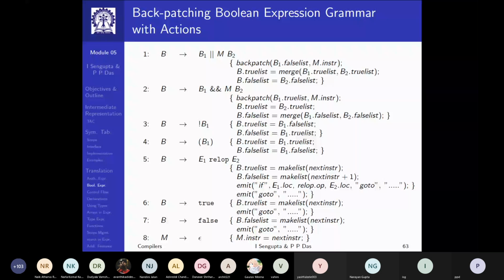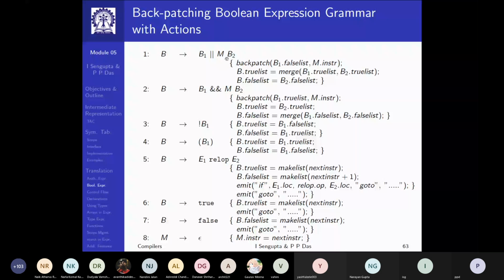And I have a true list of dangling quads, all of whose exits mean that B1 has been evaluated as true. So what should happen if B1 has been evaluated as false? Then B2 has to get evaluated. So after B1, I must do B2. That is where I make use of it.